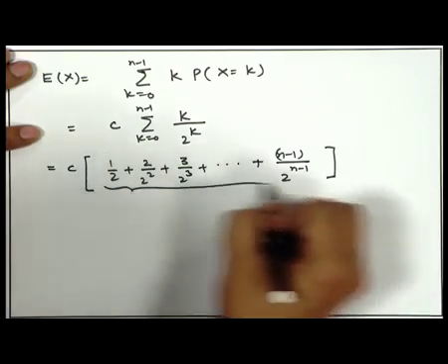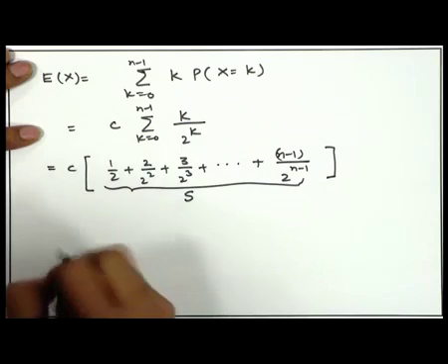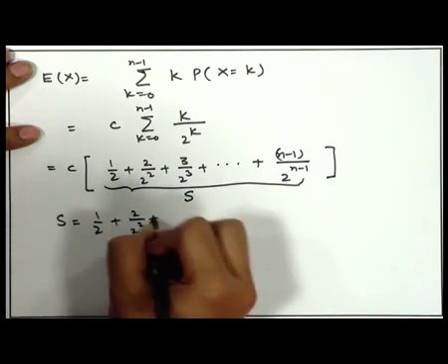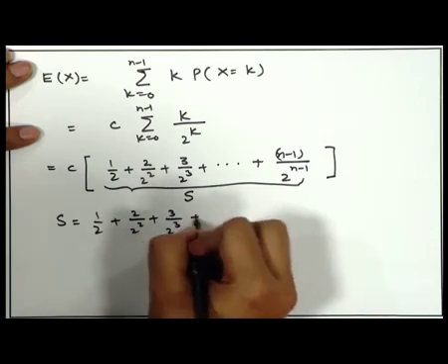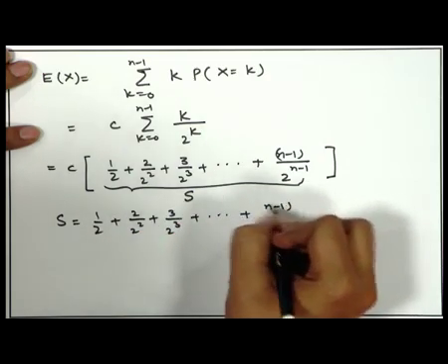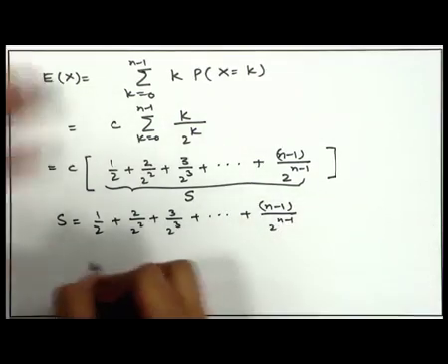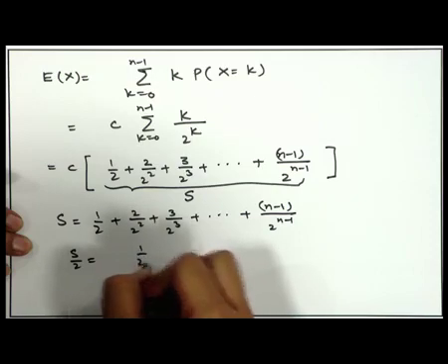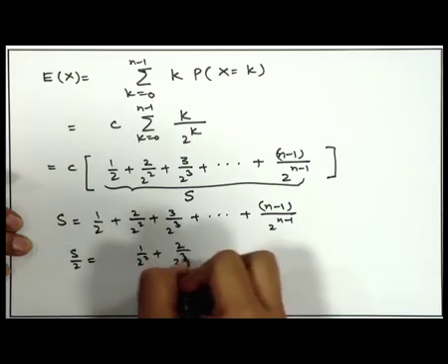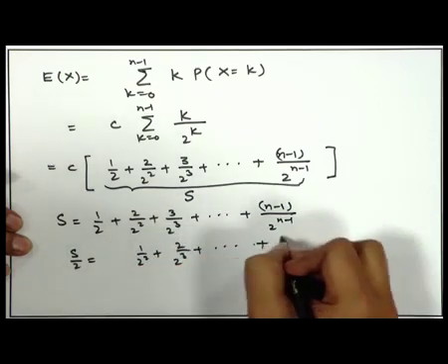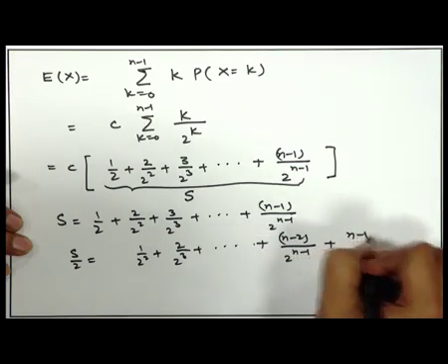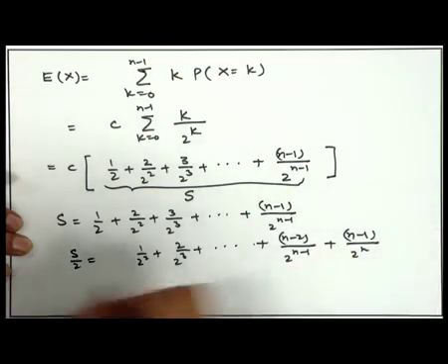Now, suppose I call this series S. So, S is equal to 1/2 + 2/2² + 3/2³ + ... + (n-1)/2^(n-1). Then S/2 is equal to 1/2² + 2/2³ and so on, plus (n-2)/2^(n-1) plus (n-1)/2^n. So, if we subtract